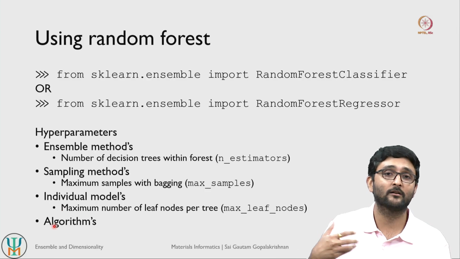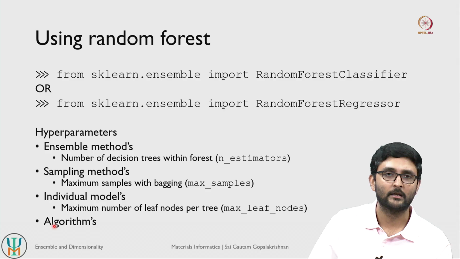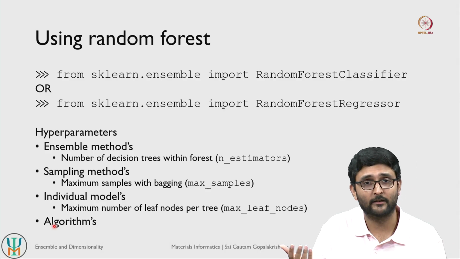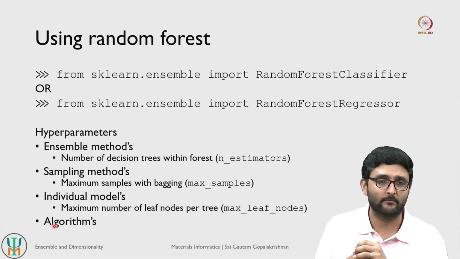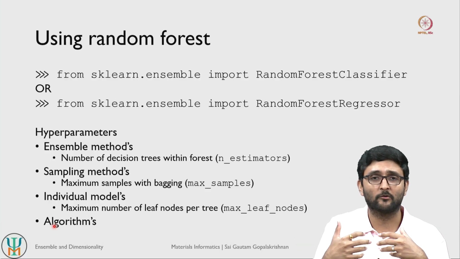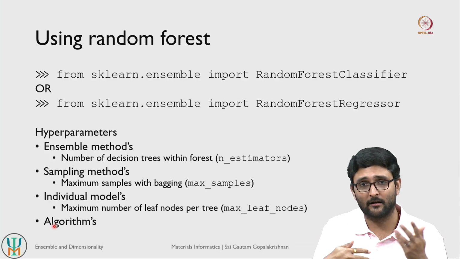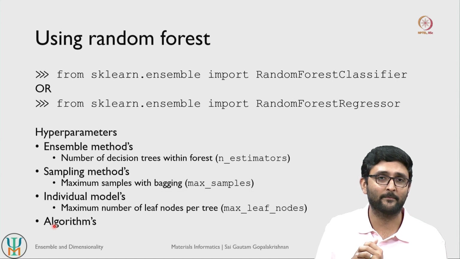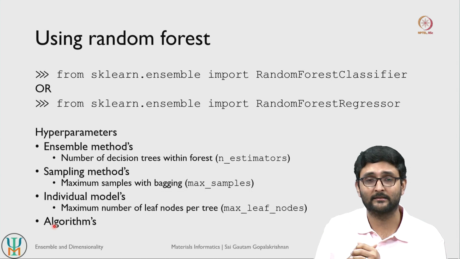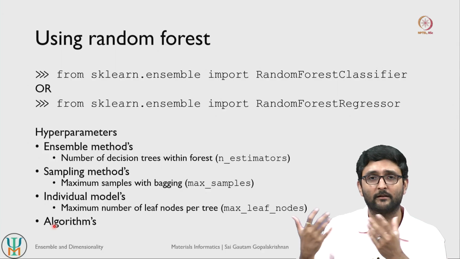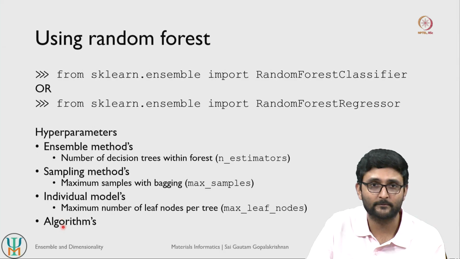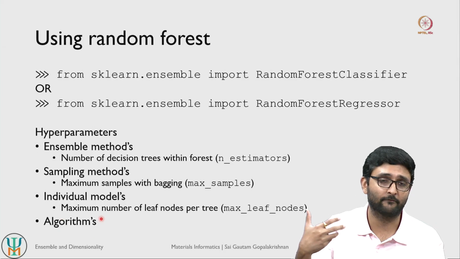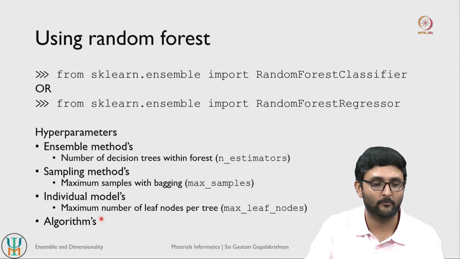And then there are hyperparameters associated with the algorithm itself, right. So in the case of support vector machine, for example, if you are creating an ensemble of support vector machine models, we will probably have to mention an epsilon hyperparameter for regression tasks, right, and for classification tasks we will probably mention a C hyperparameter, right. So this is specific to the algorithm that we are using to fit the model itself.